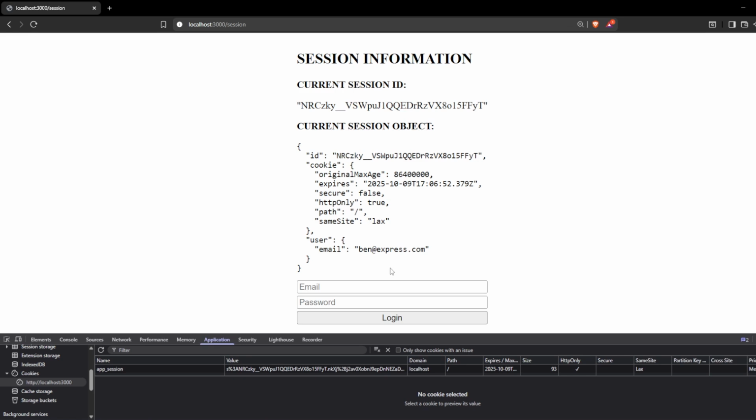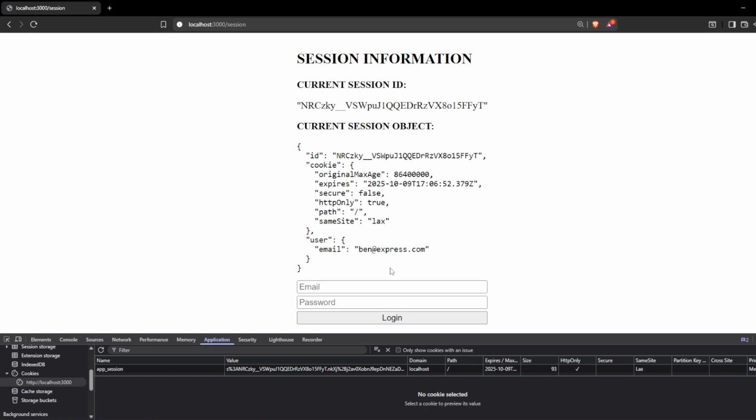So why is it important to regenerate the session after logging in? By doing this, you can prevent an attack called session fixation. Session fixation is when an attacker obtains the user's session ID somehow, and then when the user logs in, so validates the session, the attacker, knowing the session ID, can make requests to protected endpoints. But by regenerating the session, you can make the attacker's known session ID completely useless the moment you log in